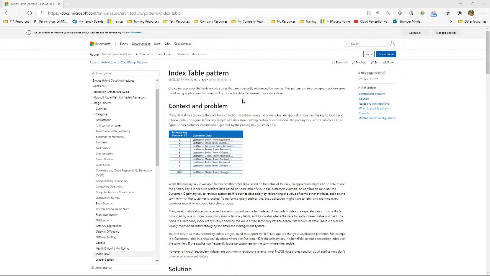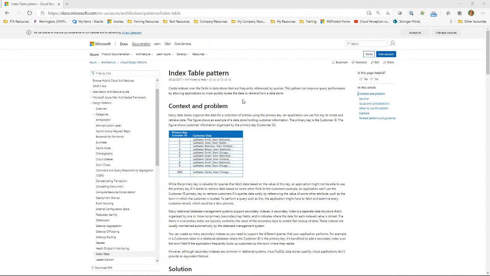Good. Yeah, so the index table pattern is slightly different. This is where we're talking about NoSQL, really. So with SQL and other relational data stores, we're quite used to being able to use a secondary index on our tables. So typically our customers might be stored by their customer ID, but I might not necessarily want to query on the customer ID.